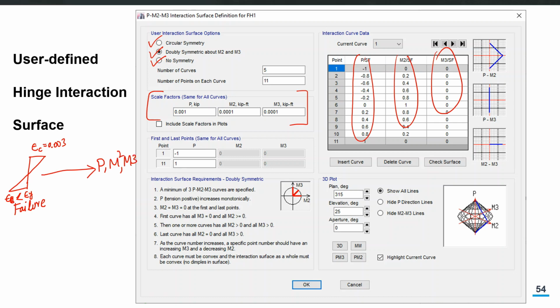So when you want to plot that, you have to consider all possible failure profiles. In order to construct the full surface, you have to change the angle of the neutral axis also. If you go for one fixed neutral axis, a horizontal axis, you will only be plotting P and one moment curve, a PM curve. But if you also change the angle, you are getting the complete three-dimensional surface. So each starting point is a failure point.